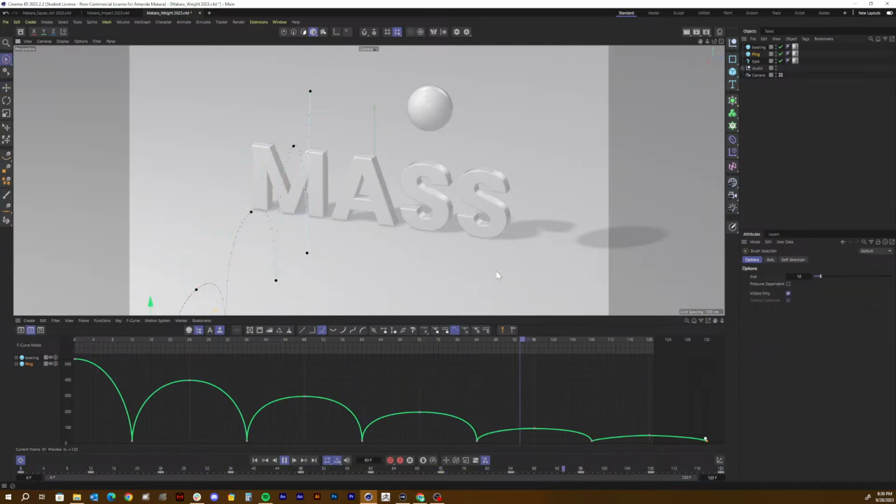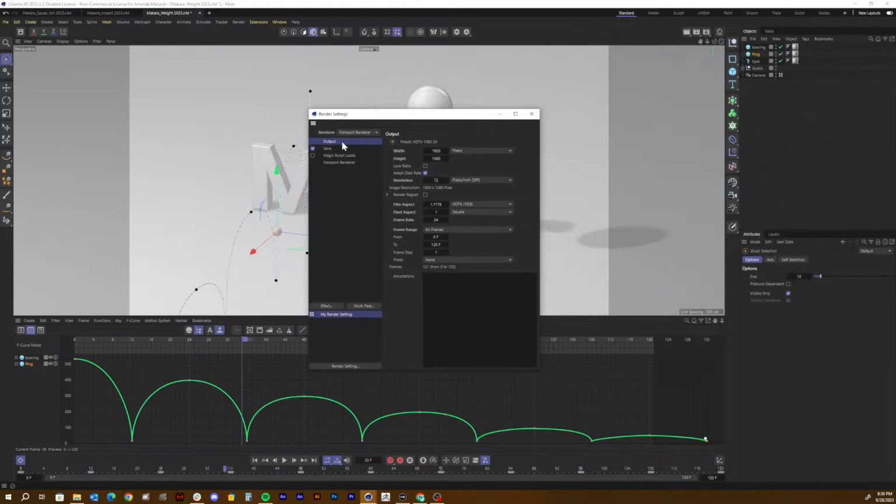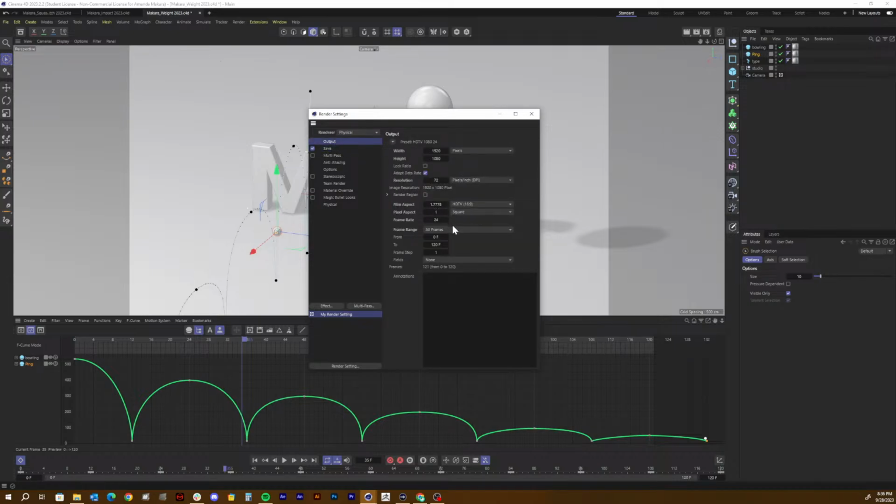That will be fine. Now, as far as the render settings go, let's go over that real quick. I'm going to go up here into my render settings, and this is under viewport render, but we can change to physical renderer, and you'll just change that, and then you go to save, and then you pick your spot, PNG. Always add an alpha channel just because. The output, making sure that you're on all frames, everything looks okay,